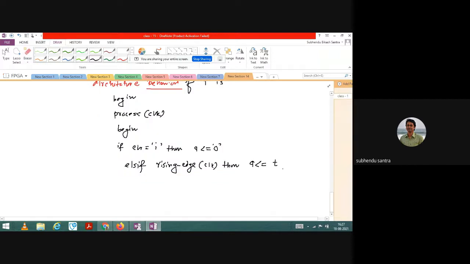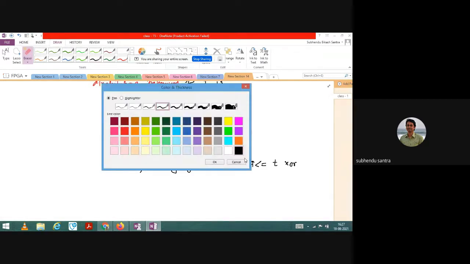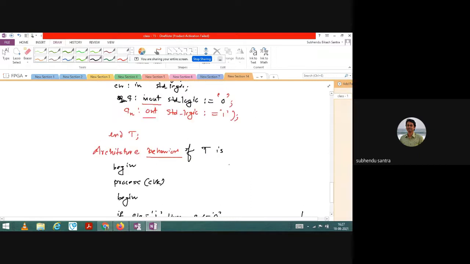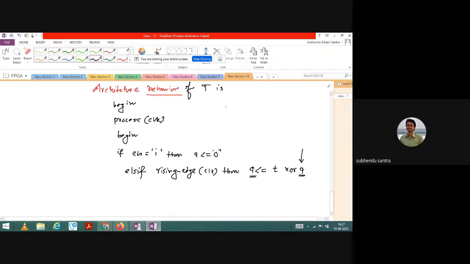XOR is like this: T XOR Q. You see there will be no problem because this Q is the current output, and this is the previous output of Q, and the program will take the previous output from the initialization value. So initialization you have already given, which is 0. So the program will not give you any error.